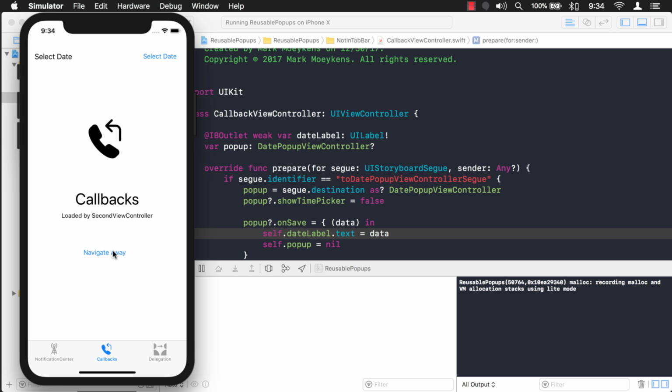So let's review our solutions and see how they fixed our retain cycle. Our first solution was simply to make the pop-up variable weak. Our second solution was to use a capture list and change the strength of self to unowned, and we could have used weak too. And finally, our third solution was to set the pop-up to nil after we were done using it. In this way, we manually lowered the reference count by 1 so it could be removed from memory and therefore